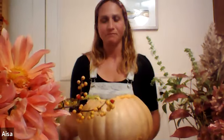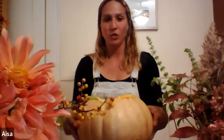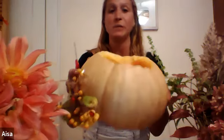Okay. Welcome, everyone. My name is Aisa, and as I mentioned before to a few of you, I am a floral designer and I'm also a flower farmer. So tonight I'm going to show you a fun seasonal arrangement with this gorgeous Long Island cheese pumpkin that